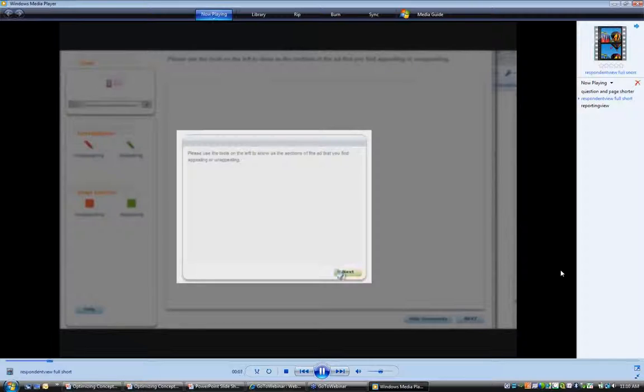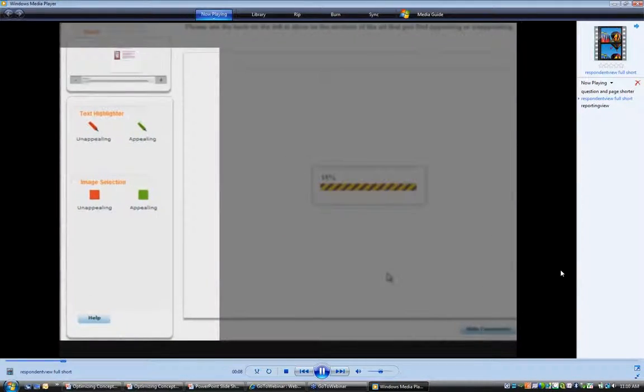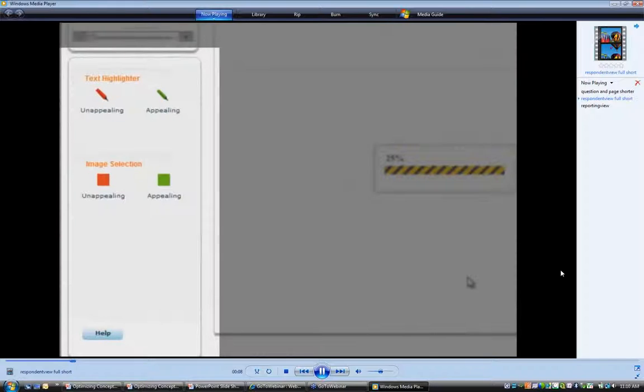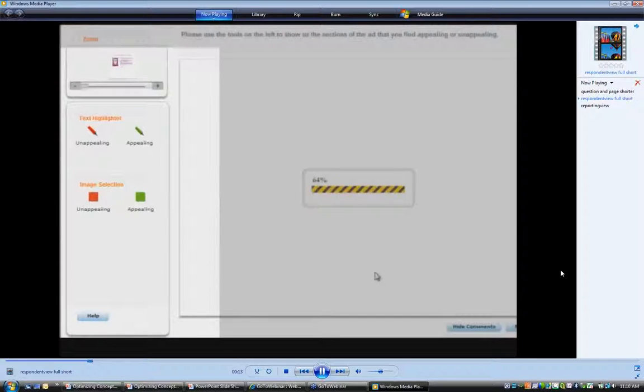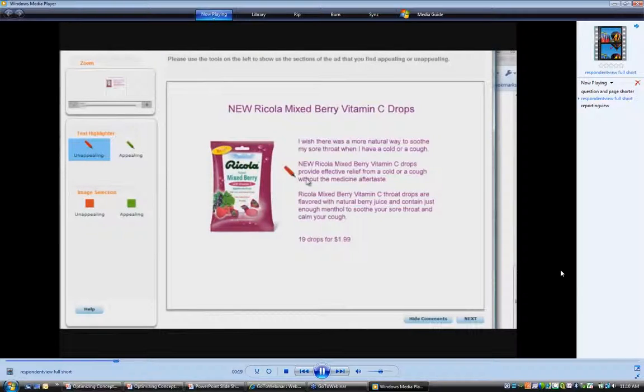So now I'm going to show what actually the respondents see within the tool. So we start off with general instructions. I give them a heads up, what's going to be happening on this page, what we'd like them to do, how it's a different tool. And then we load into the stimulus. And from there, respondents can go in and pick our text highlighter tool to go and select text.